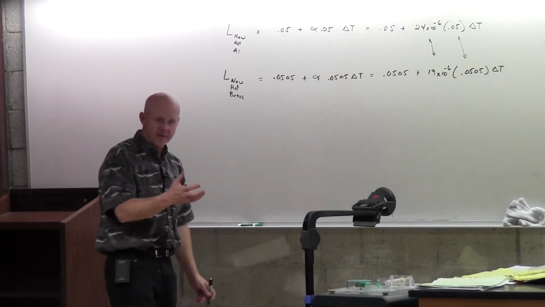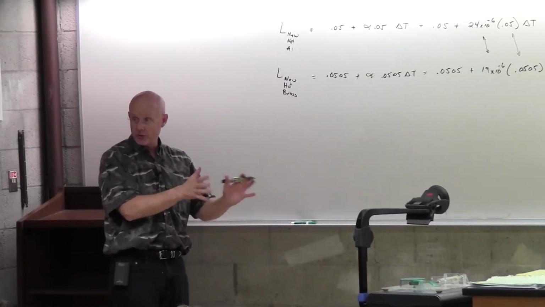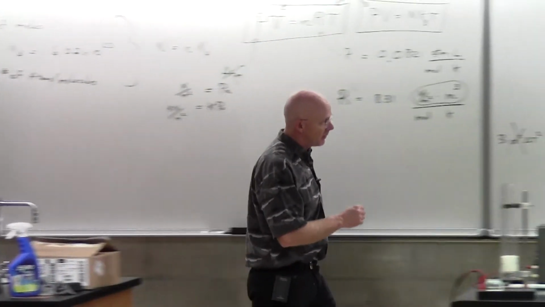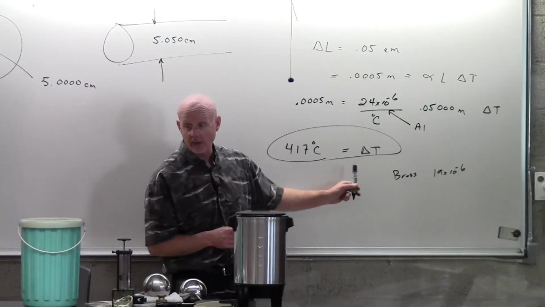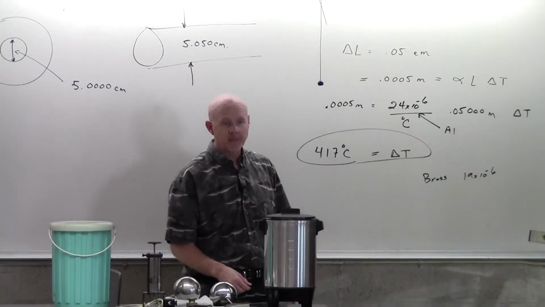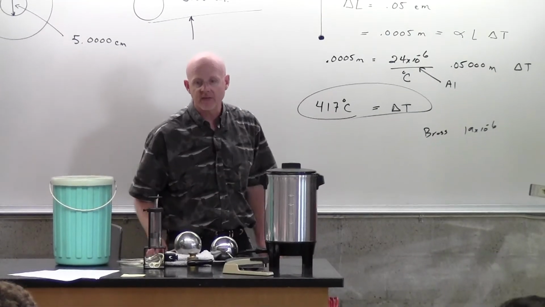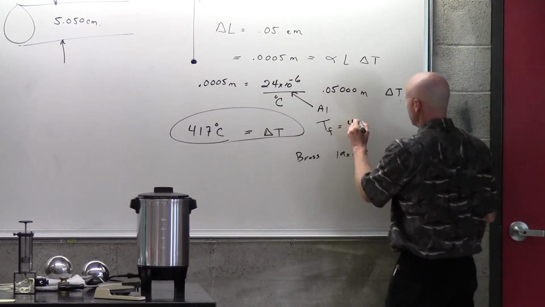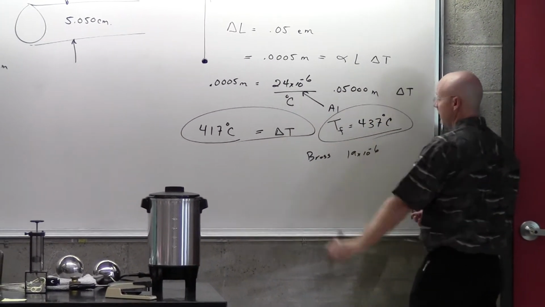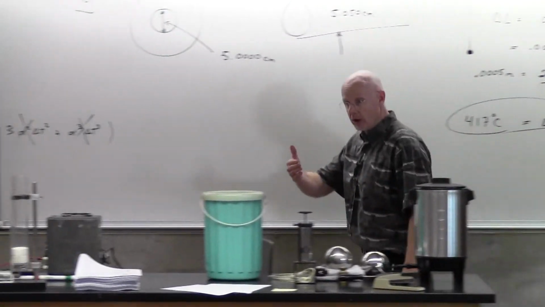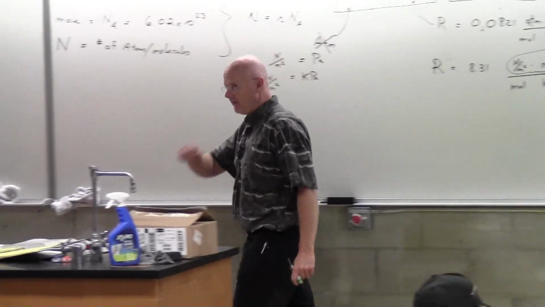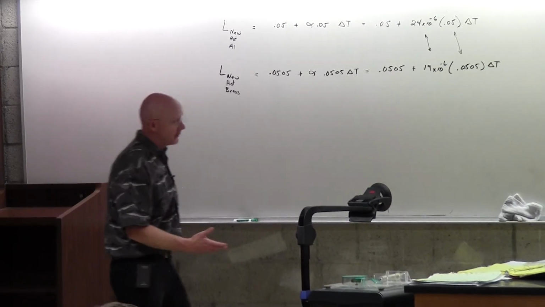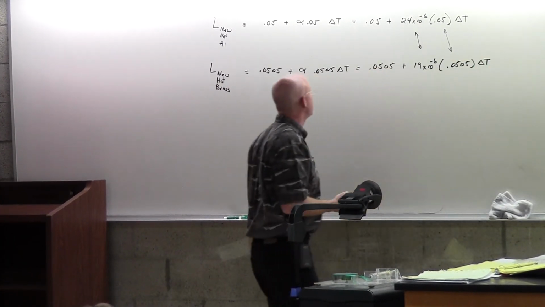How about the delta T? Are these different delta T's? Not in this case, right? We're going to warm them up to some temperature. By the way, I should also emphasize that this is the change in temperature. They did say it started at 20. So you got to warm it up 417. So to get the final temperature, I need to add 20 to that. So 437 degrees is really the answer they were after. How much do you have to warm it up to before it will fit on? Starting at 20, same thing here. These are delta T's, and so how much do we have to increase them by?